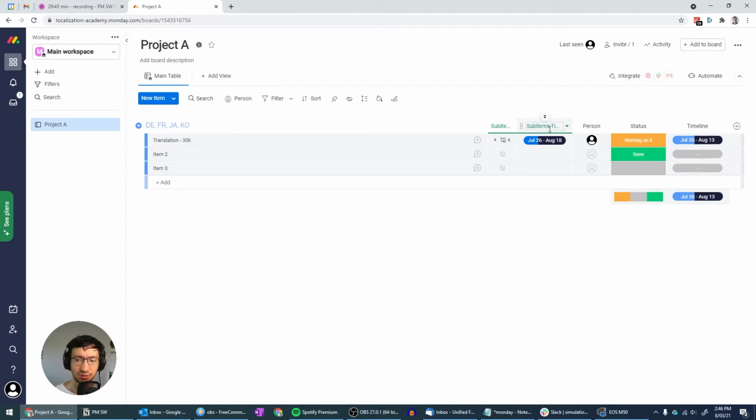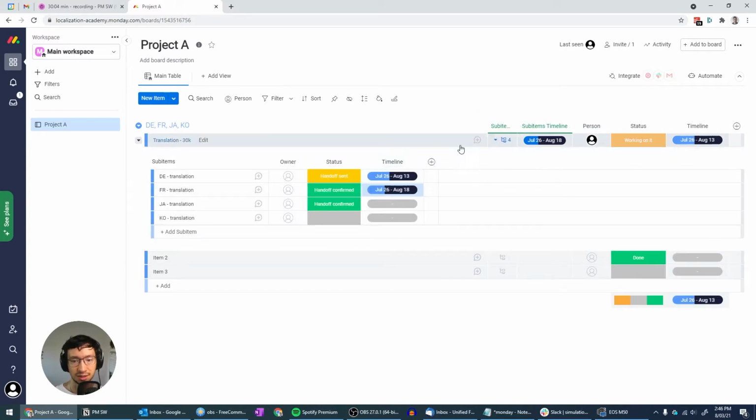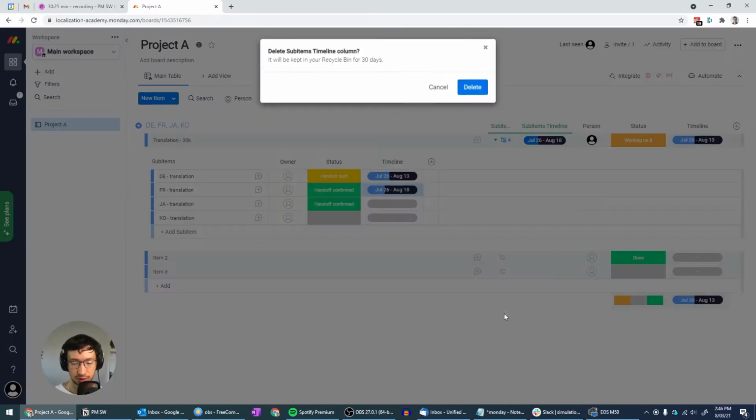And even if you have two different columns with timelines, you can still use both columns to show the tasks correctly on the Gantt chart. But the problem is that it looks very weird here in this tabled view. So this is really your preference. The advantages with this is, again, like I mentioned, that if you change it on the, let's say, the language level, here on the sub item level, to speak in terms of Monday, it will automatically update here. But the problem is that you will have two columns for the dates. So for now, I'm just going to delete this,